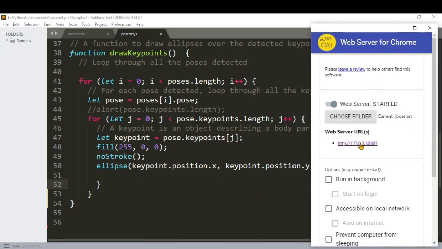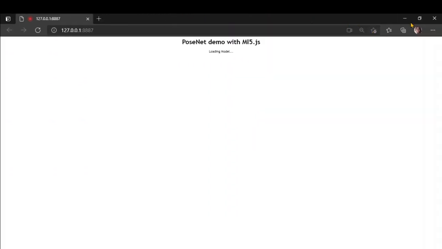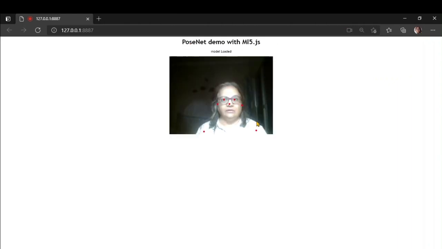Once the video loads, I'll show you, I have loaded this Web Server for Chrome, this particular app, and once this is loaded, you would see now this is a live feed where eyes, ears, nose and shoulders are detected. I have not drawn the skeleton. The skeleton code is also quite simple, we can see that.